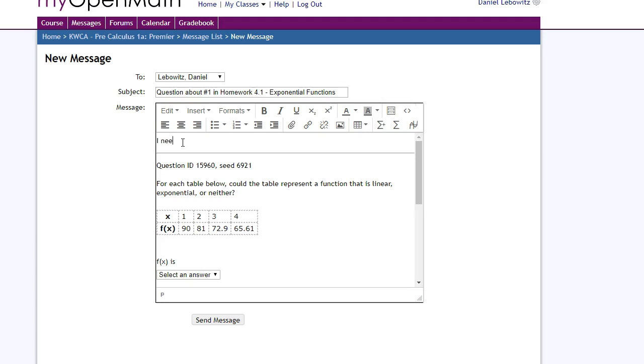I need help, and any details of what you've tried to do, what parts you're not understanding. If it's multiple parts, you may say, like, I understand this part. This is what I've tried to do. I don't understand how to do this. Any details will help, so I can be very specific in explaining how to do the problem, and pointing you in the right direction. So be sure that you put any details in here, and then you'll send the message,